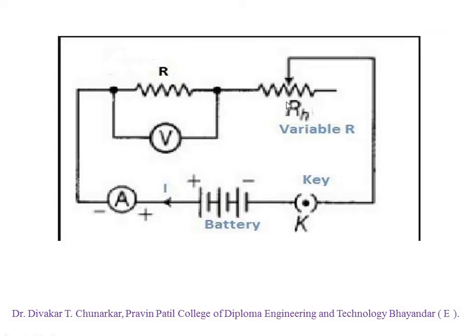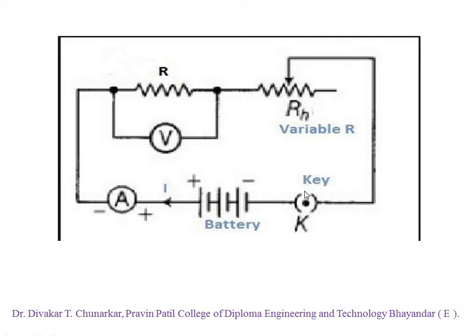Then this rheostat is denoted by Rh, capital R, small h. This is the symbol for rheostat. Then this is the ammeter. The ammeter is connected in series with the resistance, and the positive terminal of the ammeter is connected to the battery. This is the symbol for battery, or power supply. The long terminal shows the positive terminal and the short terminal shows the negative terminal, and the negative terminal of the battery is connected to the